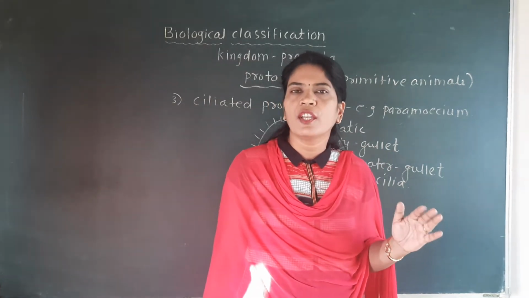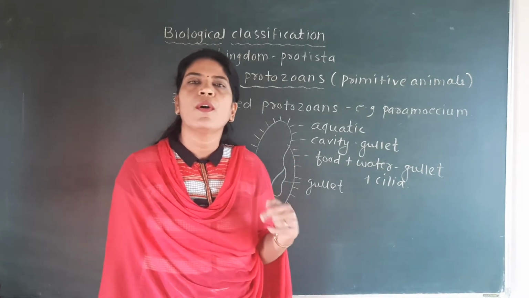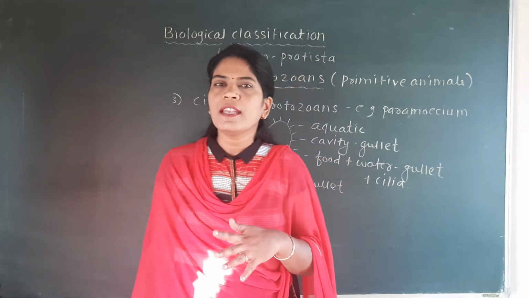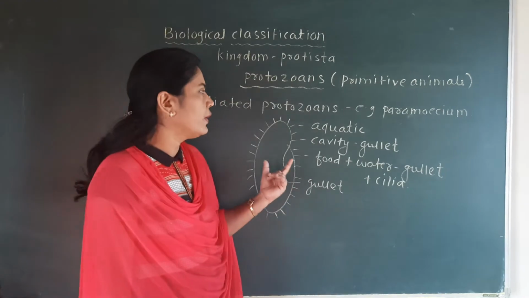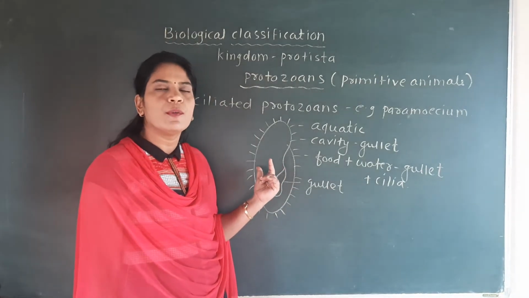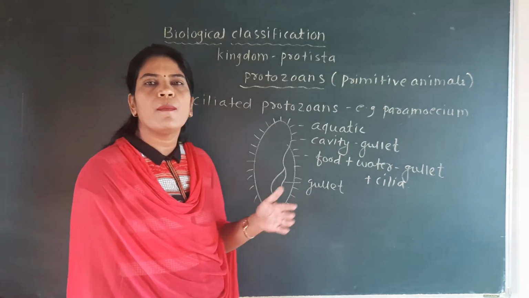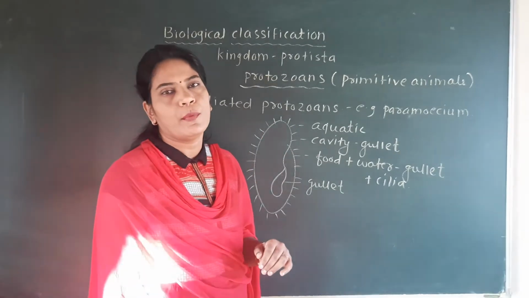Not any parasitic form can be found in the ciliated protozoan. Parasitic forms are found in the amoeboid group, in the flagellated group, and the next group that we are now discussing, that is the sporozoans. But ciliated protozoa are free from parasitic forms. So it is also important to know in which group of the protozoan parasitic forms are not present. The answer is the ciliated protozoan.